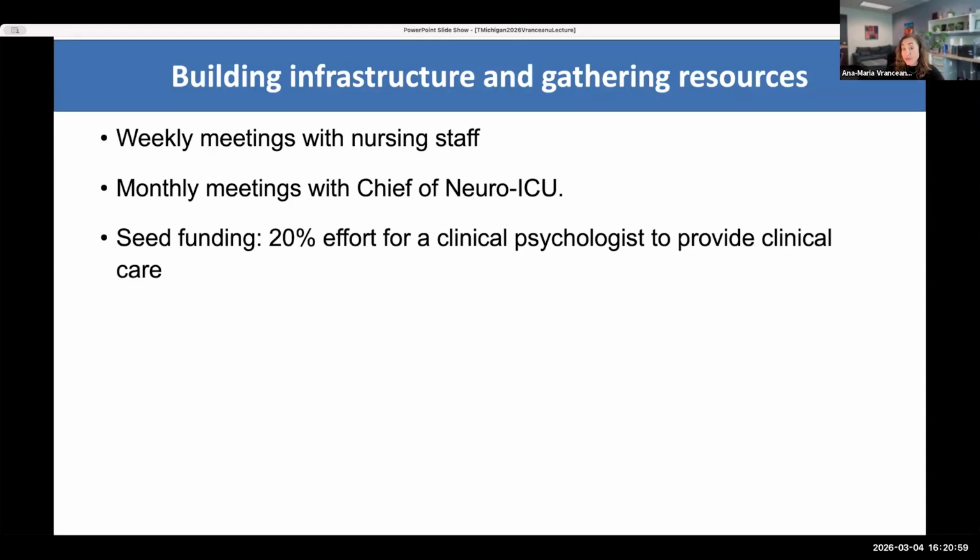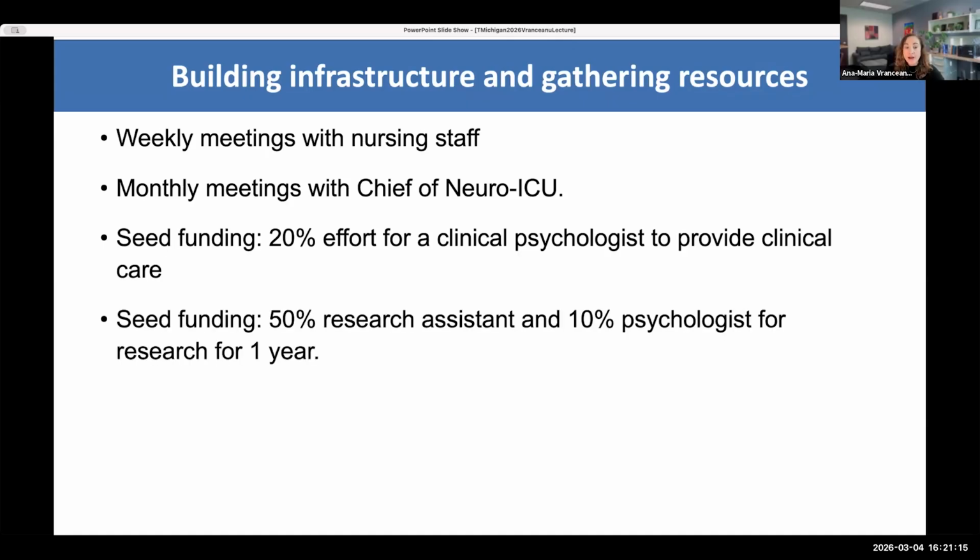and monthly meetings with the chief of the Neuro ICU. I was able to negotiate some seed funding from neurology for about 20% effort for a clinical psychologist to provide clinical care and try out different approaches that might work with these specific populations. We also got some seed funding to pay for a research assistant and had some 10% work for a psychologist